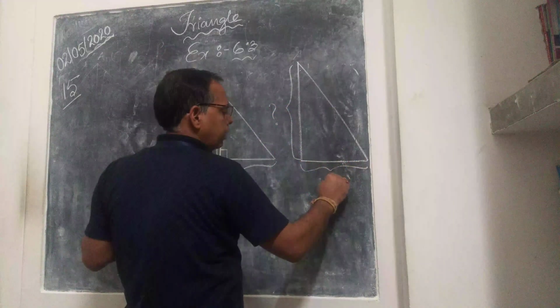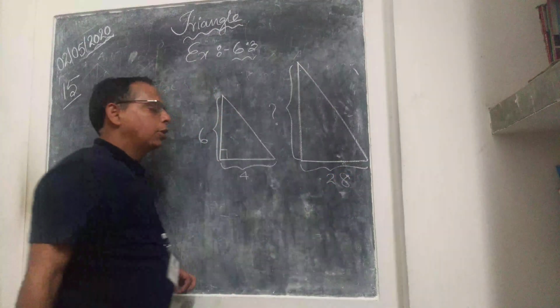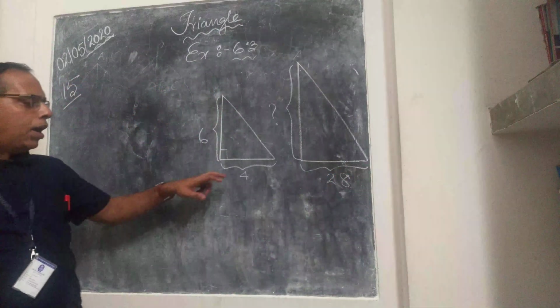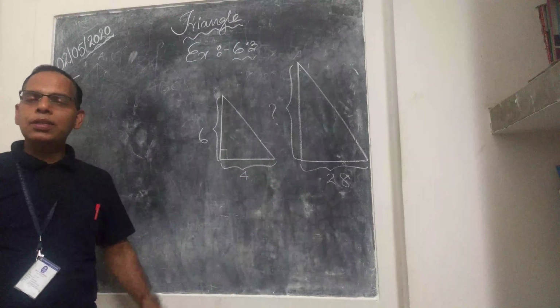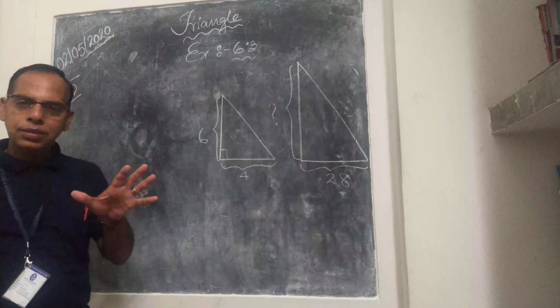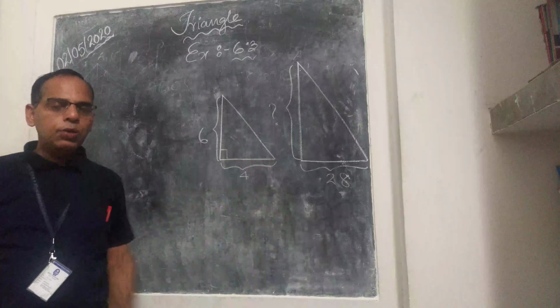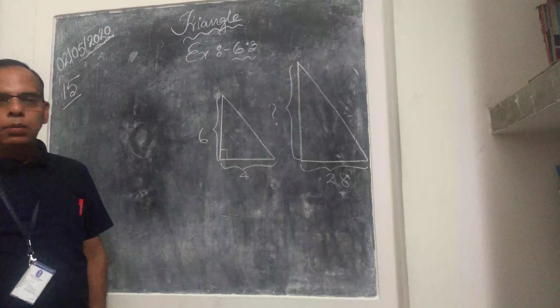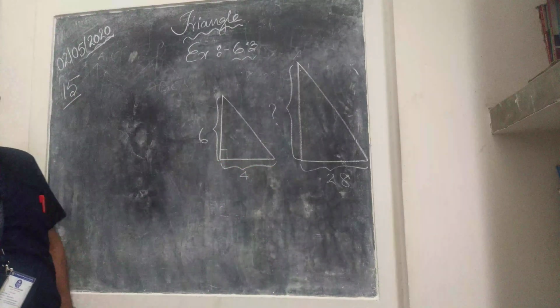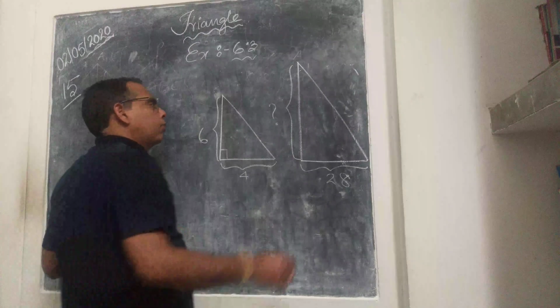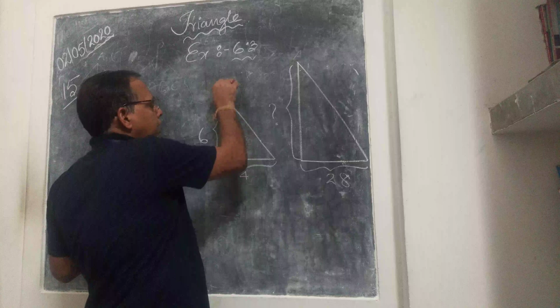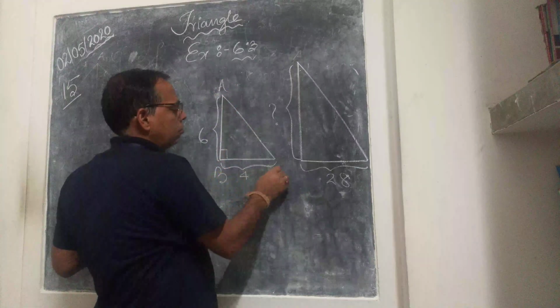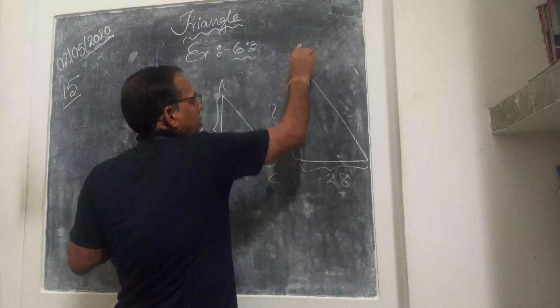This is already given. Now, my dear student, don't compare this. I have drawn this much equal to 4 and this much equal to 28. This is just approximation, nothing else. By actual, can you draw this 28 centimeter in your copy? It is not possible. So this is only for just assuming. So this is A, B, C,